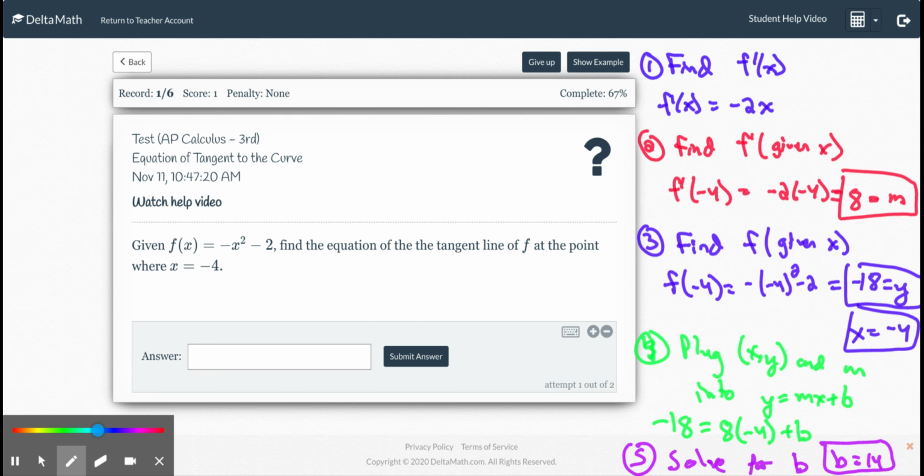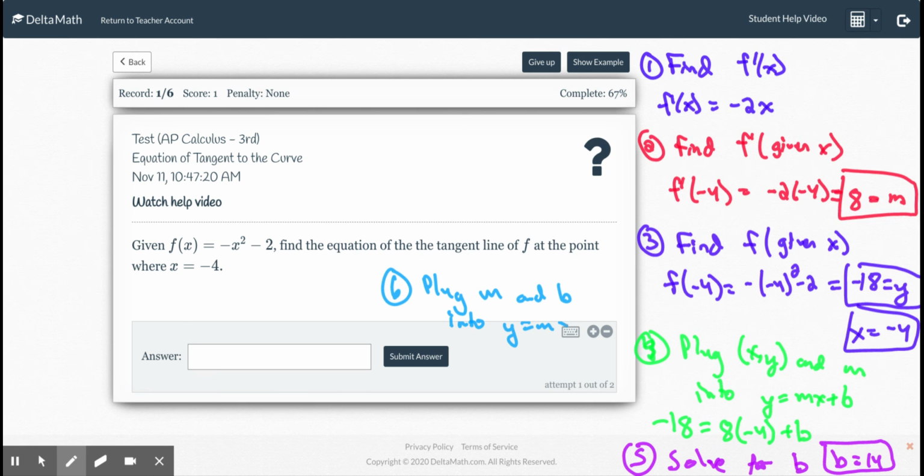Final step, step 6, plug m and b into y equals mx plus b. So this is not difficult. It's just a lot of steps you've got to go through. So this would then be y equals our m, which was 8x plus our b of 14. And this is the equation of our tangent line